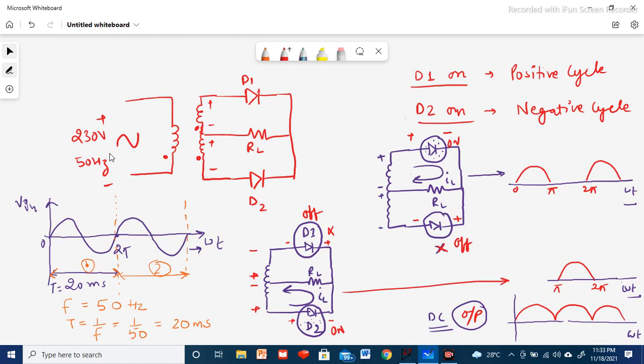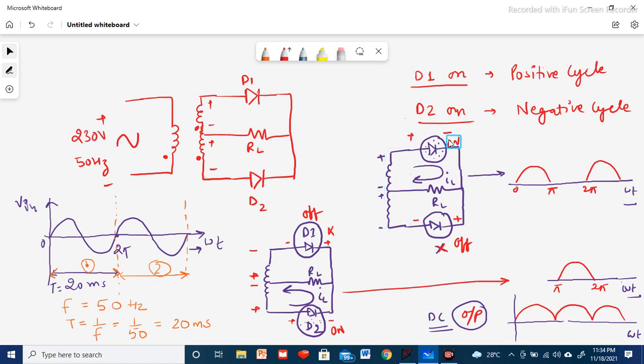During the positive half cycle of the secondary voltage, diode D1 is forward biased and D2 is reverse biased. As you can see here, we have two circuits. In the first one, when the positive half cycle comes, near this winding we will have plus and minus.